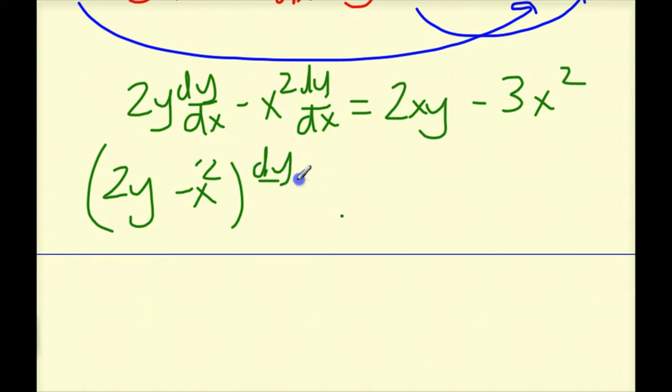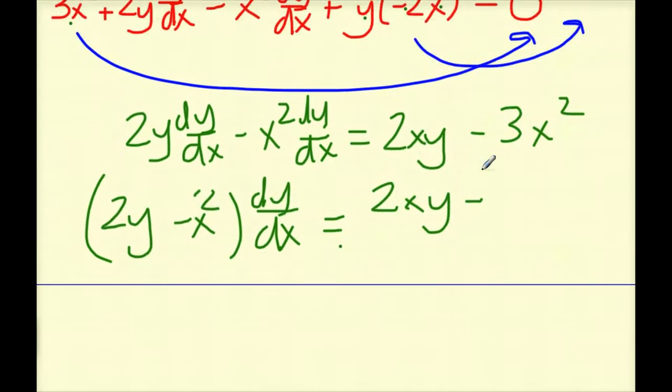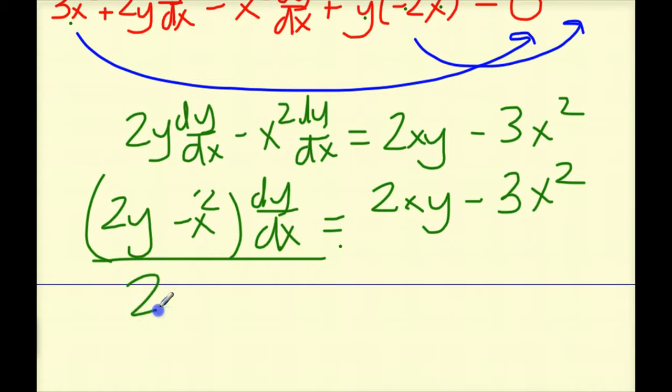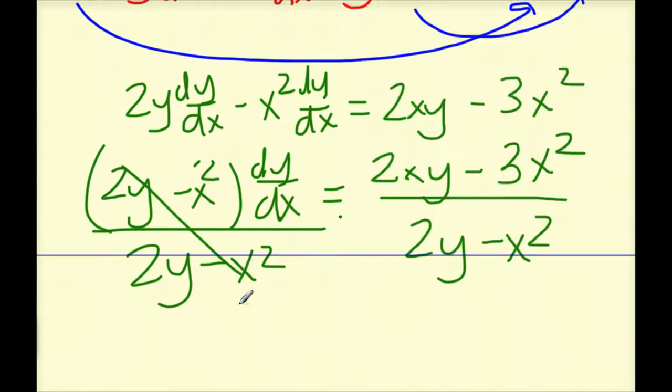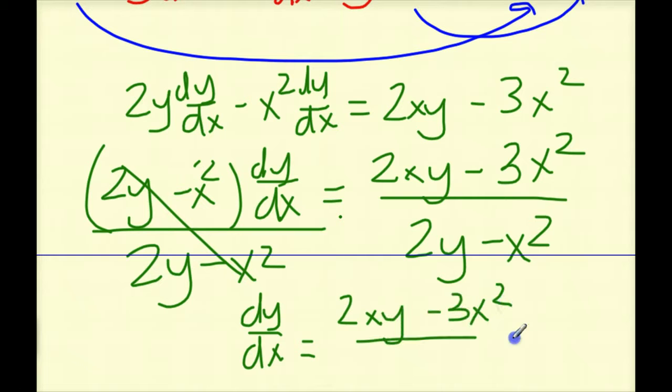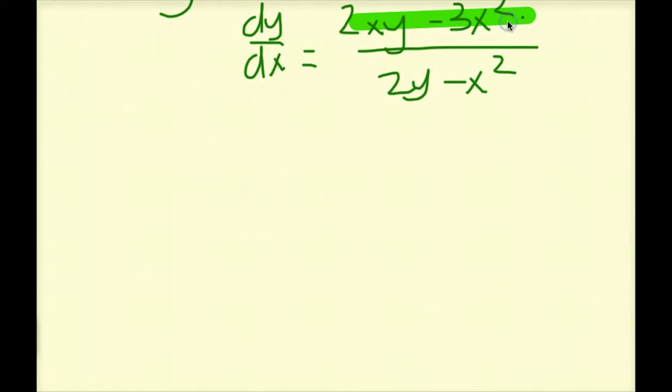And get dy dx on the outside equal to 2xy minus 3x squared. And like we said, divide by what I factored, 2y minus x squared. These cancel. And finally, I get dy dx is equal to 2xy minus 3x squared over 2y minus x squared. Okay, so now that we have our dy dx, what we're going to want to do is set our numerator,